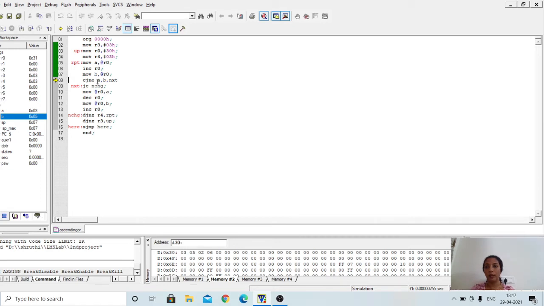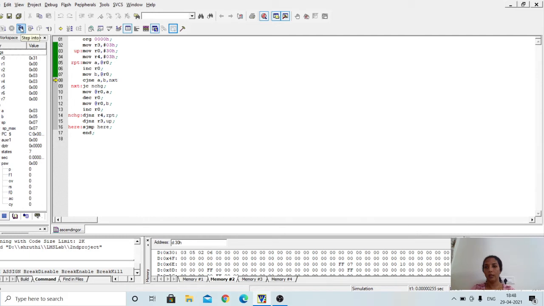Next, you have to compare those two. So the content of A register is compared with content of B register. So A minus B is performed, but the result is not stored anywhere. Only the carry flag is affected here upon the execution of this instruction. If the two are not equal, it jumps to the next location.